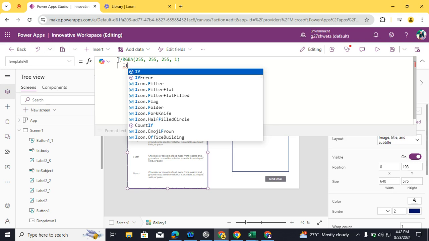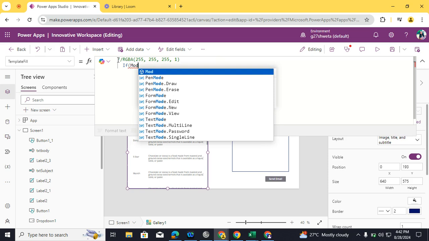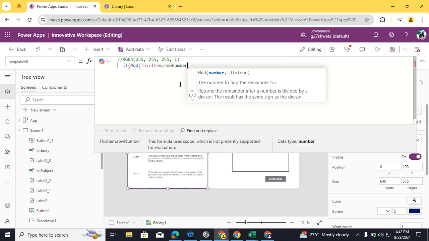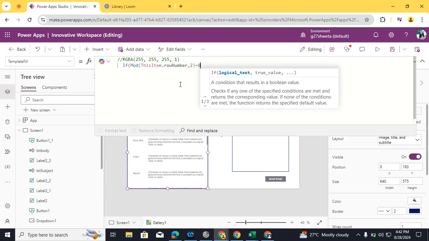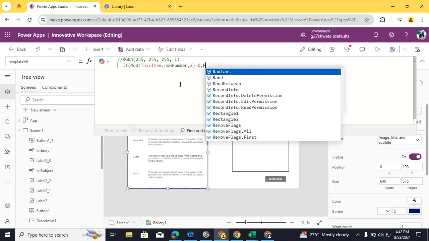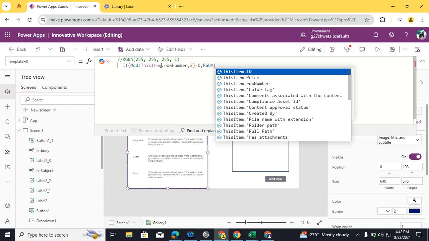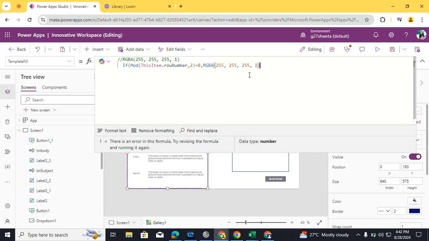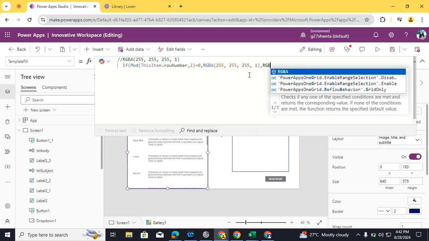If Mod, this item dot row number, 2, is equal to 0, then RGBA, we will give here a white color, else I am giving